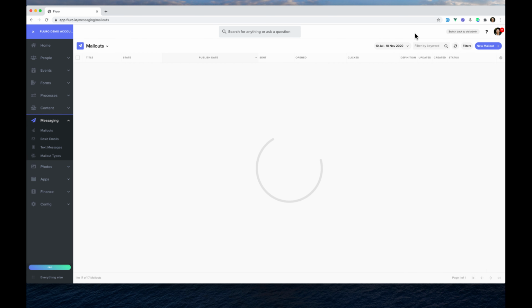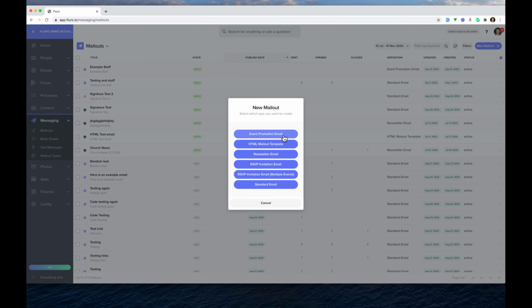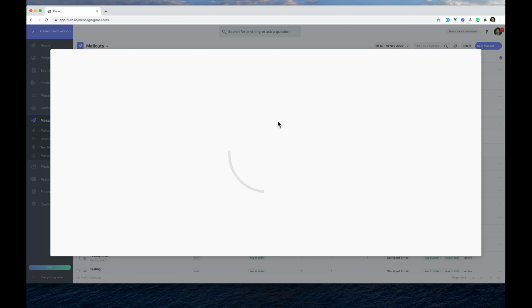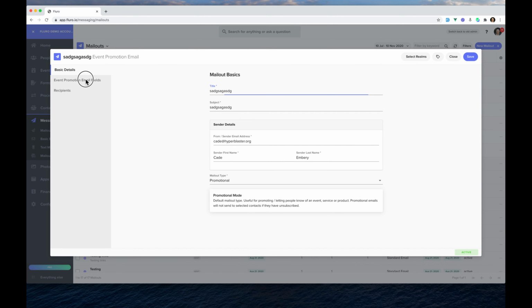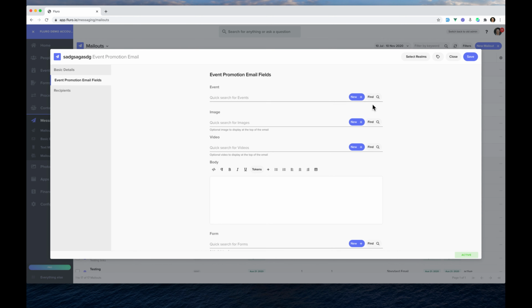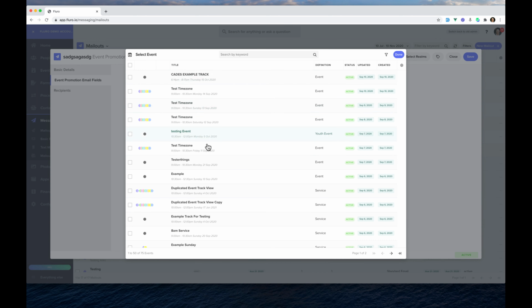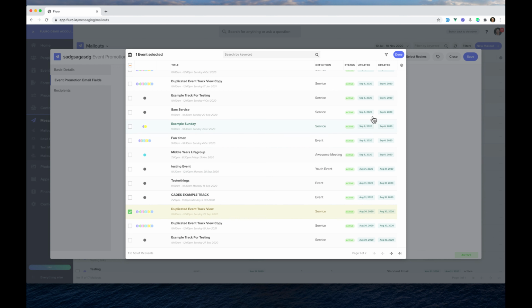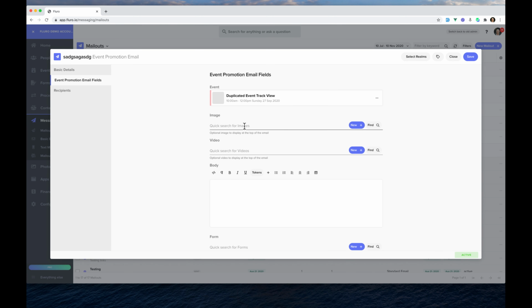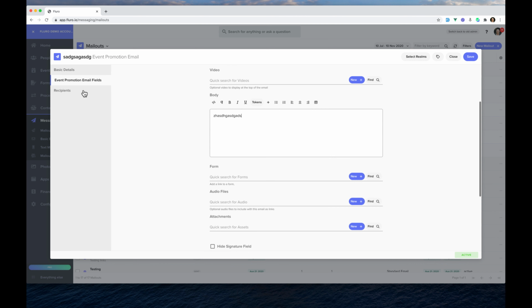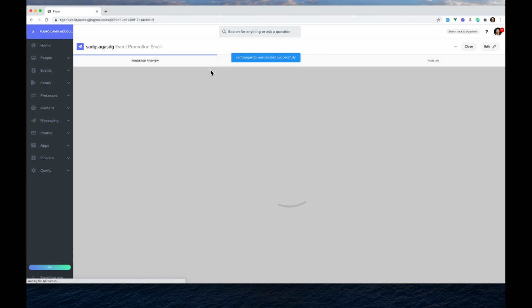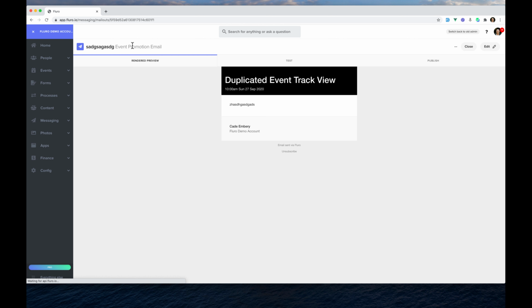Mailouts. So click Mailouts, we click New Mailout. We've now got an option for event promotion email. We click the event promotion email, we fill in our things. Our event promotion email fields are here. I can find an event, or I can create a new event. Usually we'd just be selecting an event that already exists somewhere in the system. So I can click this event here, type in some text, choose an image, all of that stuff. Choose the people I'm going to send it to. I'll just create it, and then now we'll have our event, which has those custom bits and pieces